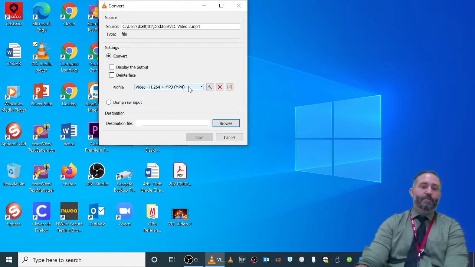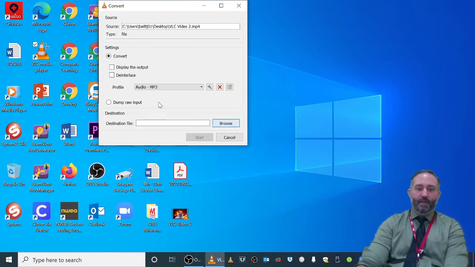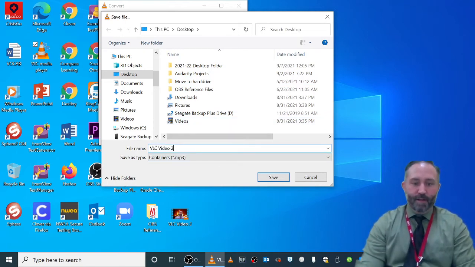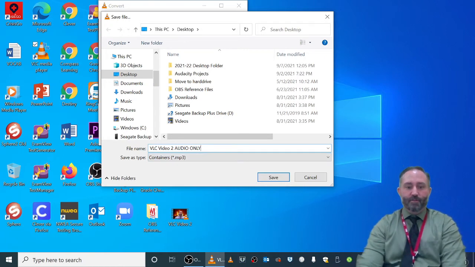So the best way to do this is you simply click on here and you scroll down until you hit MP3, audio MP3. That's what I wanted. I'm going to hit Browse, because now I have to pick where it's going to go. And I'm going to pick the desktop again. But when I name the file, I'm going to name it audio only, in addition to what the name of